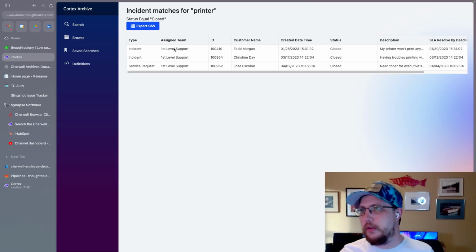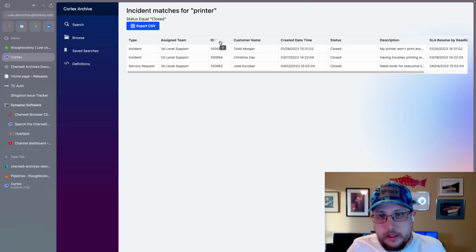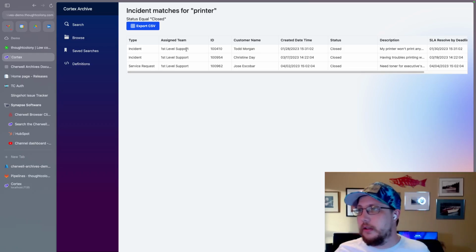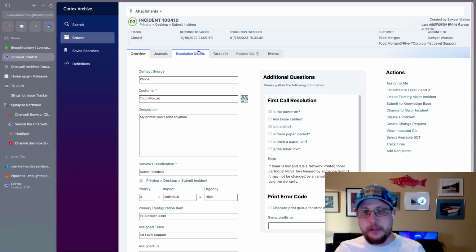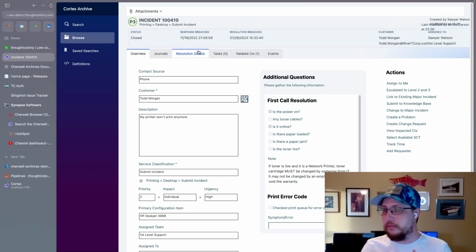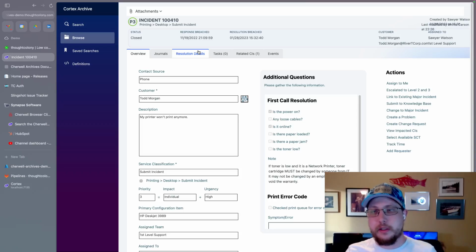So type, assign team. This is all the out of the box grid because I'm running on an out of the box database. Let's drill into one of these incidents and see what it's all about. If you're familiar with the out of the box content, you'll recognize this as the BizHub form that's defined in the Cherwell demo database,